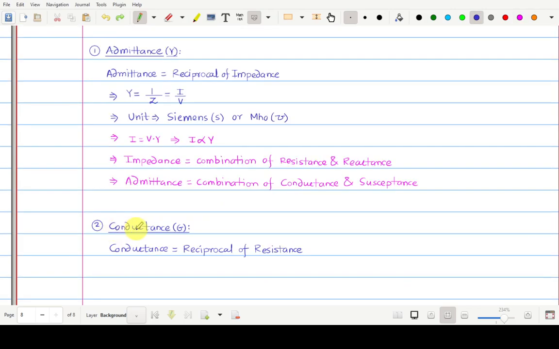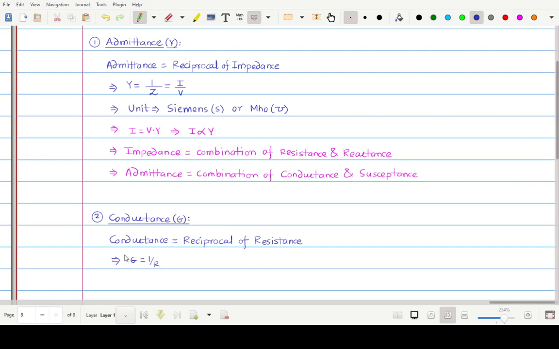Now our next parameter is conductance. It is indicated by capital letter G. As per definition, conductance is nothing but the reciprocal of resistance. Resistance opposes the flow of current, so now we are taking the reciprocal, and conductance will allow the flow of current. If you go on increasing the value of conductance, your current flow will go on increasing. Hence the formula will be G is equal to 1 by R. This indicates your conductance is nothing but